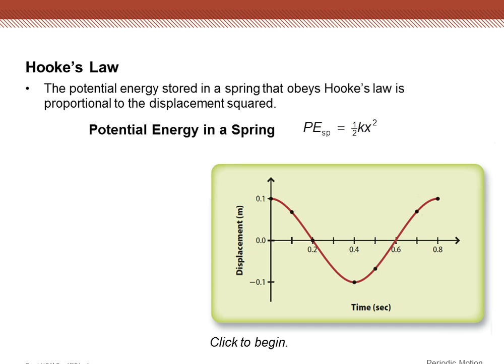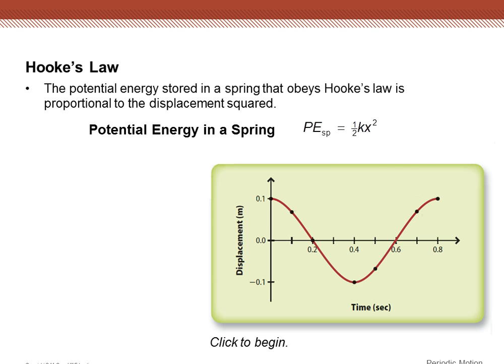The potential energy that is stored in the spring, like we said, is the area under the curve, and that's equal to 1/2 kx squared. And so the potential energy increases as x increases, but then decreases as x decreases. So as we get closer to the equilibrium point, our stored potential energy is now gone and it's converted into